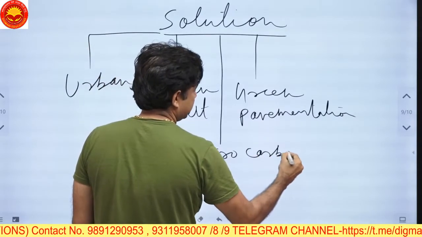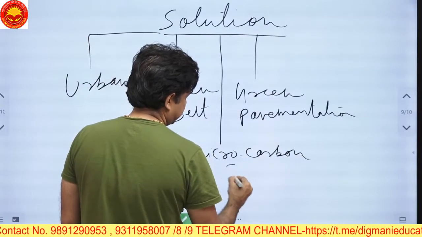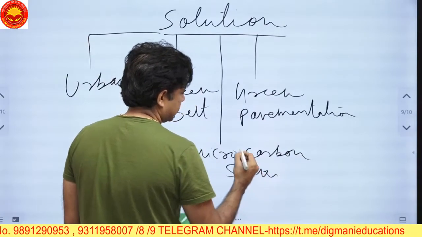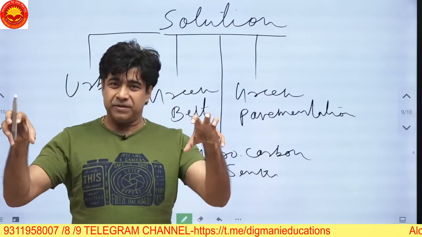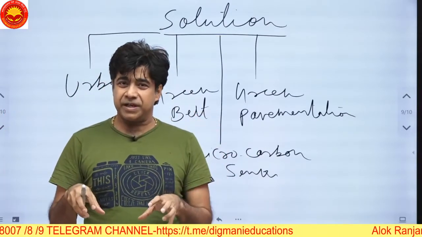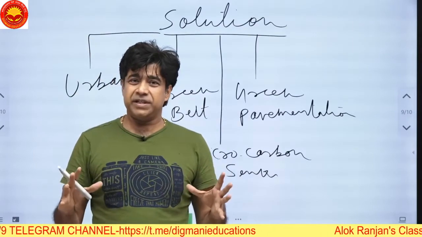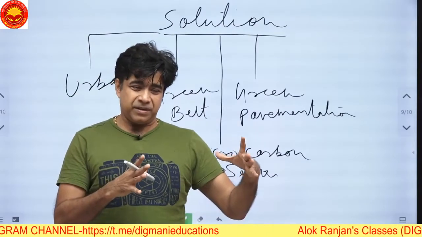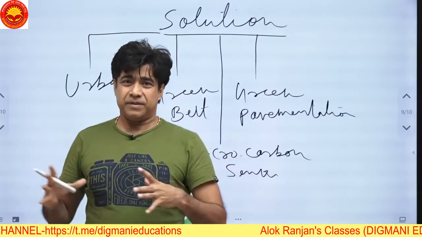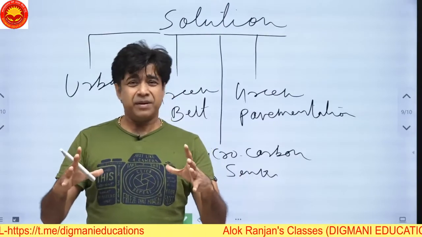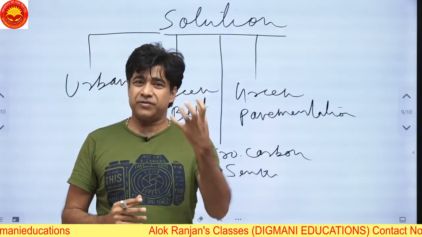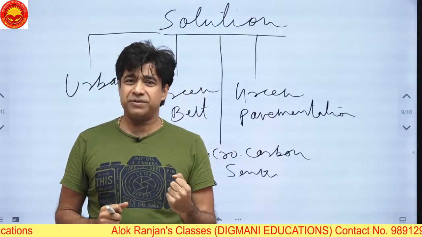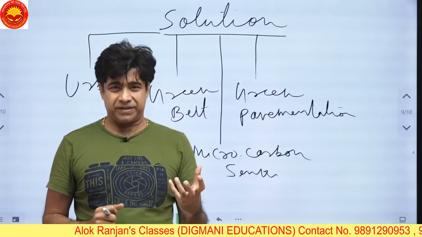And then you have microcarbon sinks, like development of the parks. Microcarbon sinks, the development of the green parks, the patches which could be created within residential areas, or even in the commercial areas. You can have some green patches of trees and plants, and particular plants and trees which have more absorption of heat as well as CO2, because this CO2 actually creates the greenhouse effect.